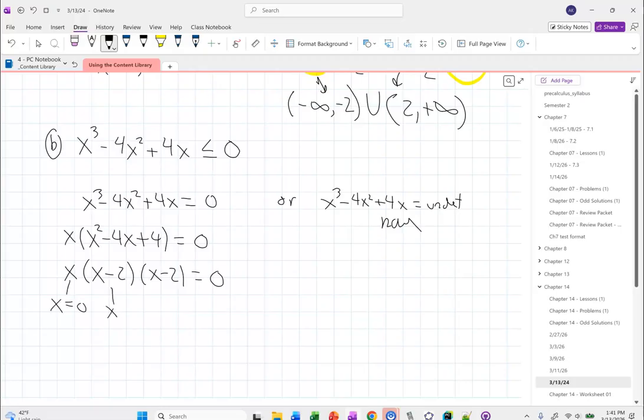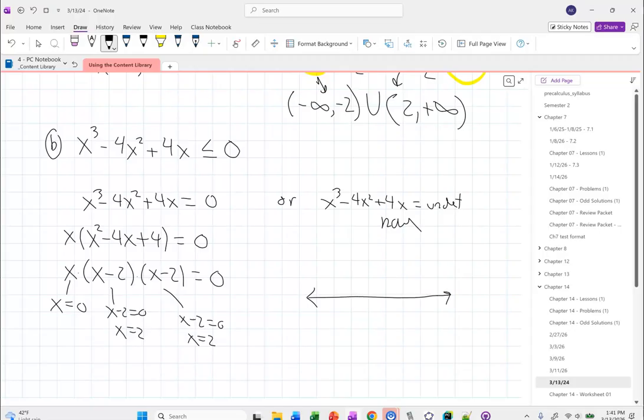For this, x minus 2 is equal to 0, so 2. And x minus 2 equal to 0, so 2 again. So I have two zeros, 0 and 2. Now 2 has a multiplicity to it, but we don't care about that here. Don't forget about the lonely x out front, he still matters. So that's always 0. You're just taking the stuff out front and setting it equal to 0. Every time there's a multiplication symbol, I take the thing that's being multiplied and set it to 0, whatever it is. Deal? Okay.